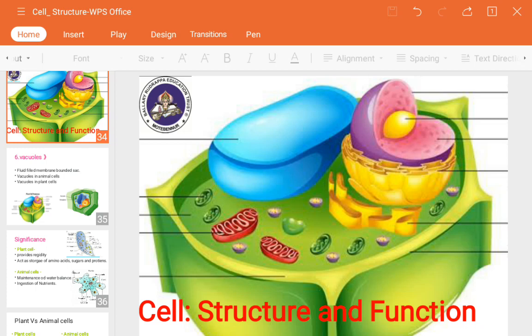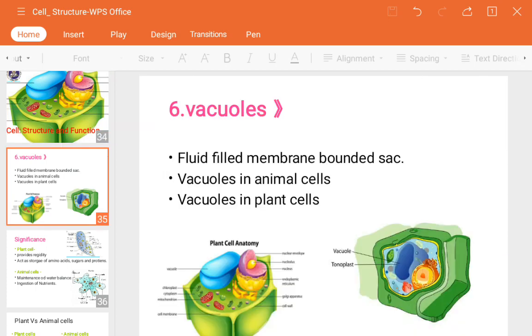According to that, they have got some names, and we will see the actual difference between the plant cell and animal cell. And in short, we will see what the prokaryotic cell and eukaryotic cell are. We have already seen the prokaryotic and eukaryotic cell, but we will just take an overall view at the end of this session. So now we will move towards our topic, the one organelle which is left out,